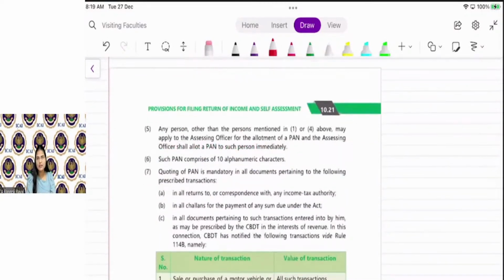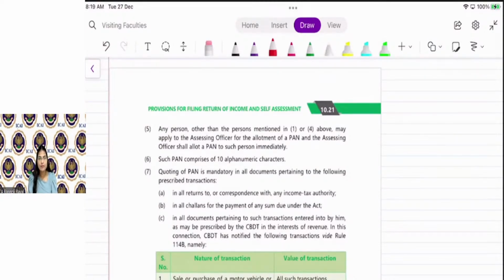Or it is not compulsory that only if you fall under the above categories can you apply for PAN. Even if you have zero income, you can apply for PAN. Okay, an assessing officer is bound to allot PAN to you. So it is not compulsory that only if you have income can you apply for PAN. PAN comprises 10